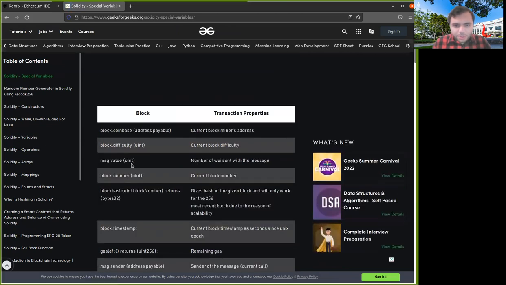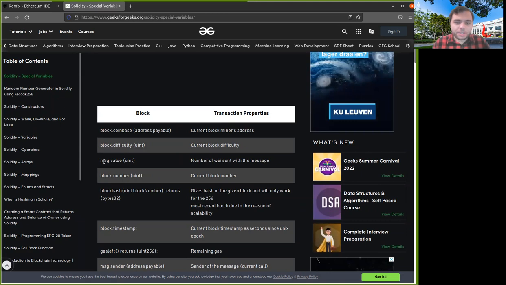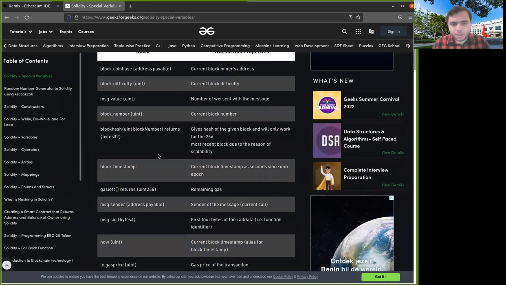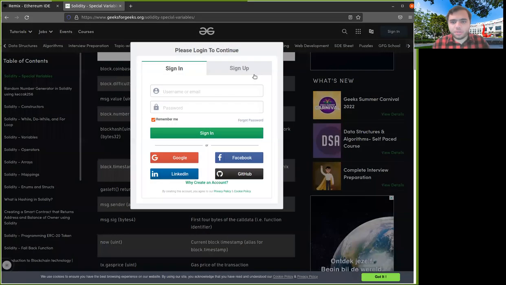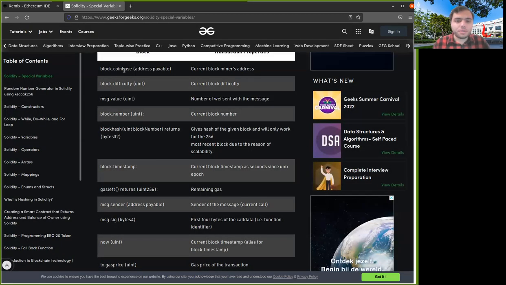So these are some of the special variables that you have access to. For example, msg.value is something that we are using very often, and that basically tells us how much money was sent with the current function call. But there are a lot of other things. So in one of the previous attacks, we saw block.coinbase, which is the address of the miner who created this block. And we could use this to bribe the miner, right? And there is block.difficulty, which is how hard it was to mine this block in terms of the proof of work. But there are a lot of other things that we can use here.